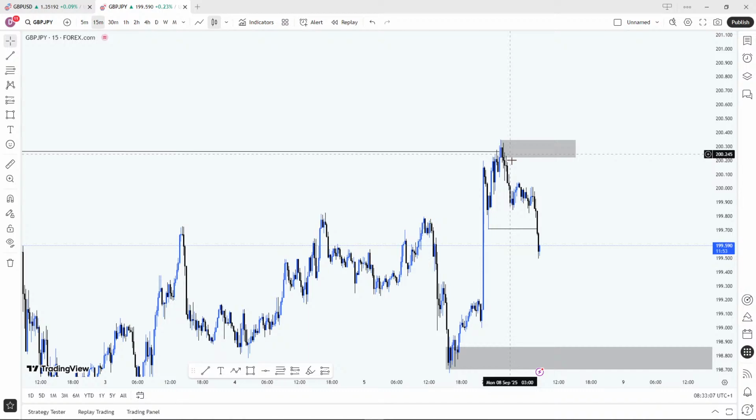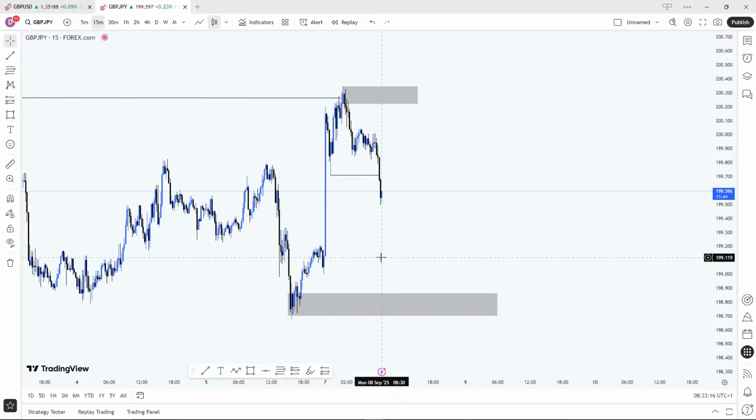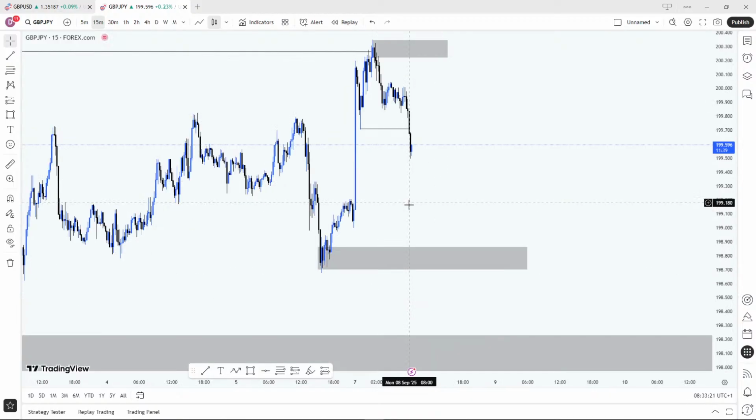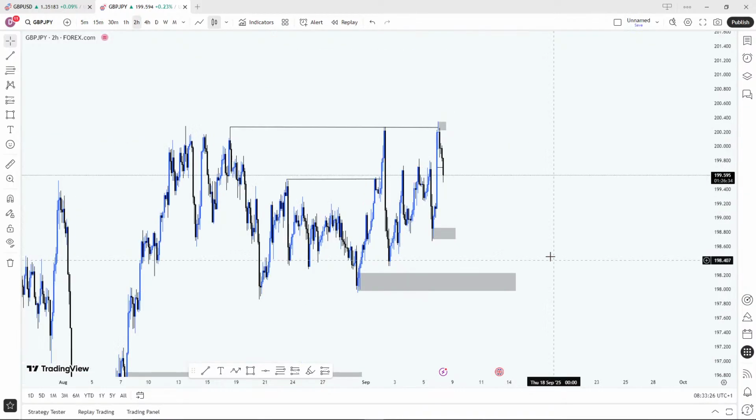So if it comes down and creates liquidity, we're gonna buy from here, which I told you I'm watching on the chart. If it comes down and creates liquidity, I'm gonna buy from here. Right? Then if it does not create liquidity, we'll watch out for our extreme zone. These are extreme POI at this very level.